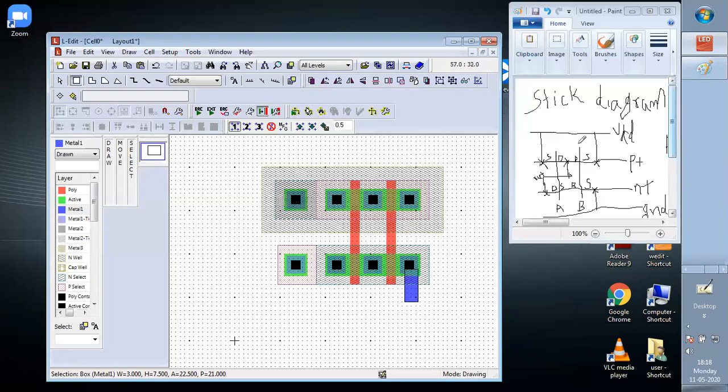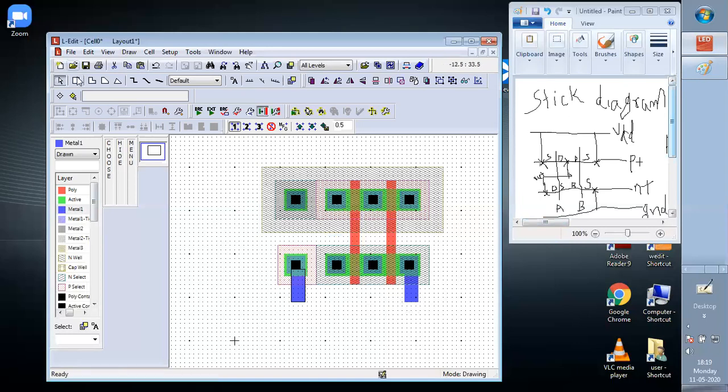After this, there will be two VDD over here, here and here, right? And also the ground, this body will be grounded. So for this, the same thing is required. So we copy this and paste it. Here it is connected, right? Now we join these two, because in the stick diagram we don't show the body terminal, right? This is the body, this is grounded, so it is connected with this. So we connect these two also.